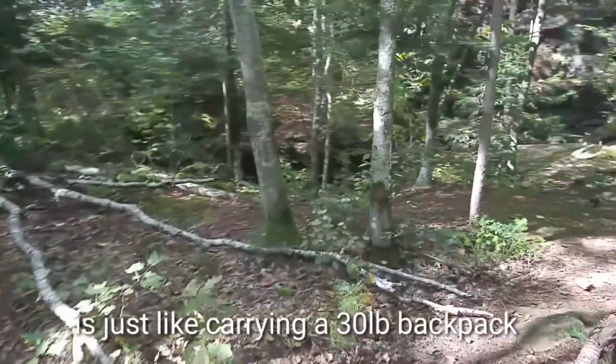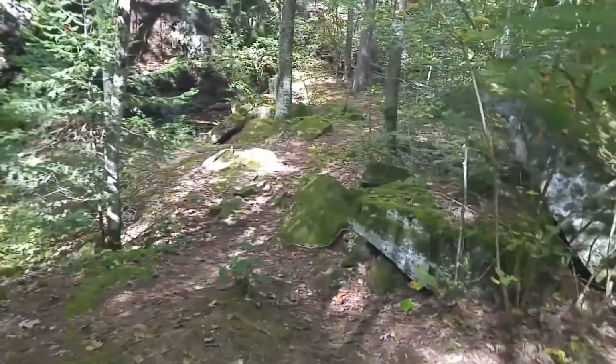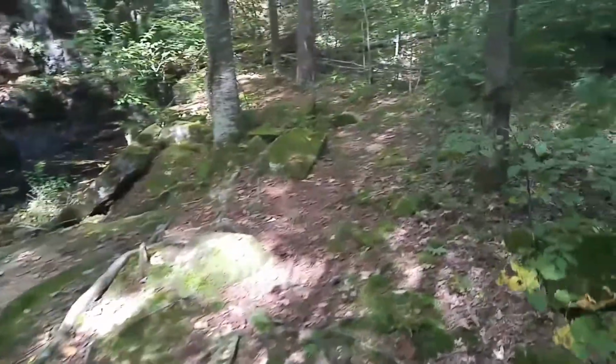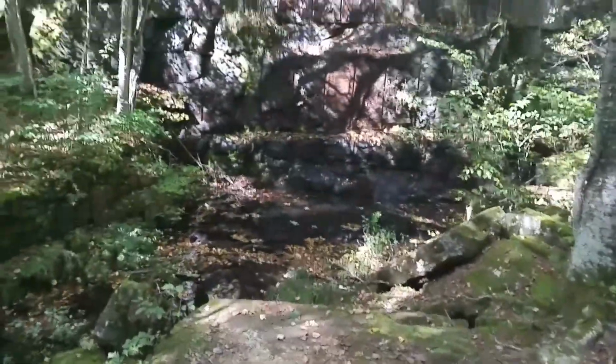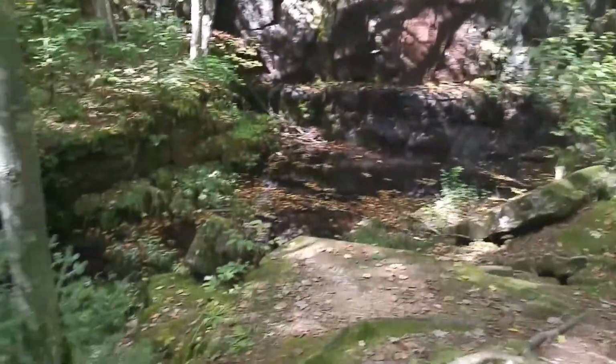Over here you can see some water. Let's go check out over here. Yeah, a little bit of water. This is like a little nook, little area here. Wow, look at that. That's where they blasted it and cut it. Wow. Anyway, so